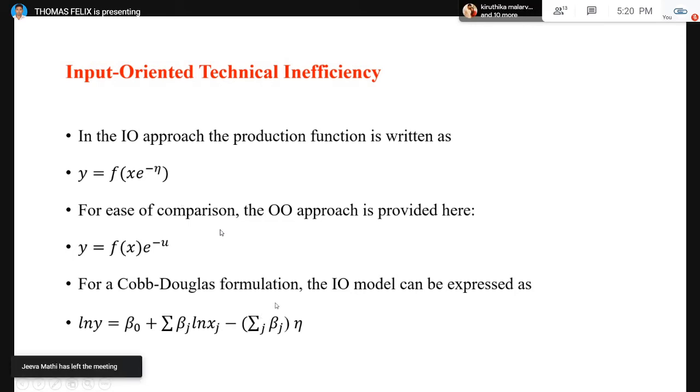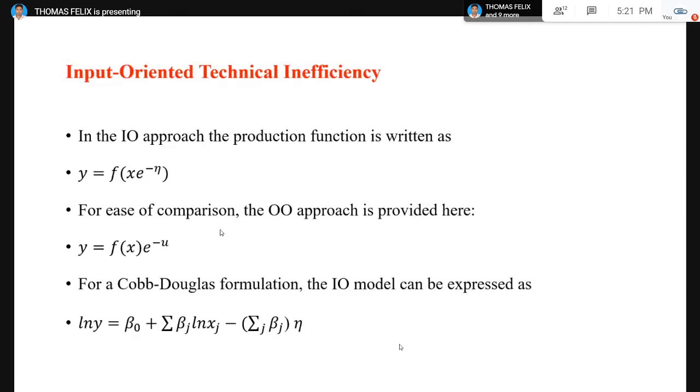The output case shows the vertical difference of two different farmers. We have seen A and C, that is Chinnasamy and Annamalai. Calculating the difference between the two is said to be output oriented. The horizontal difference shows the input oriented technical inefficiency. That is nothing but the difference between B and C. This is the case of input oriented technical efficiency.